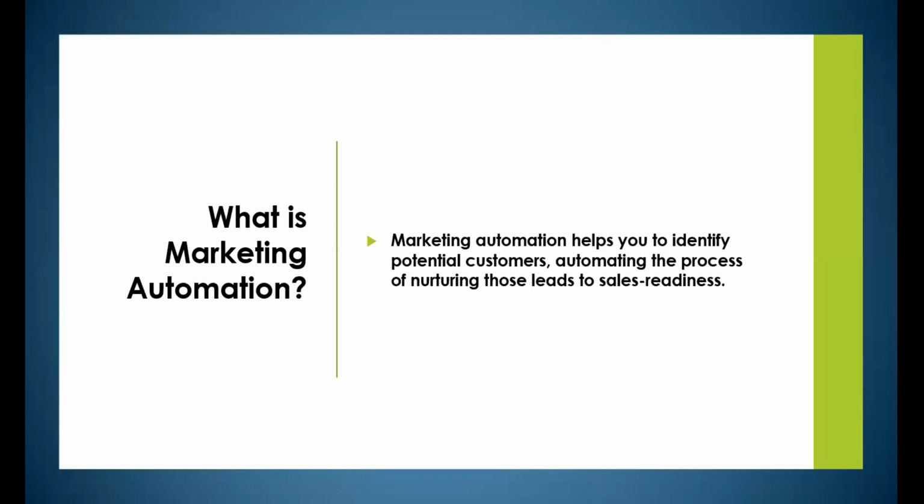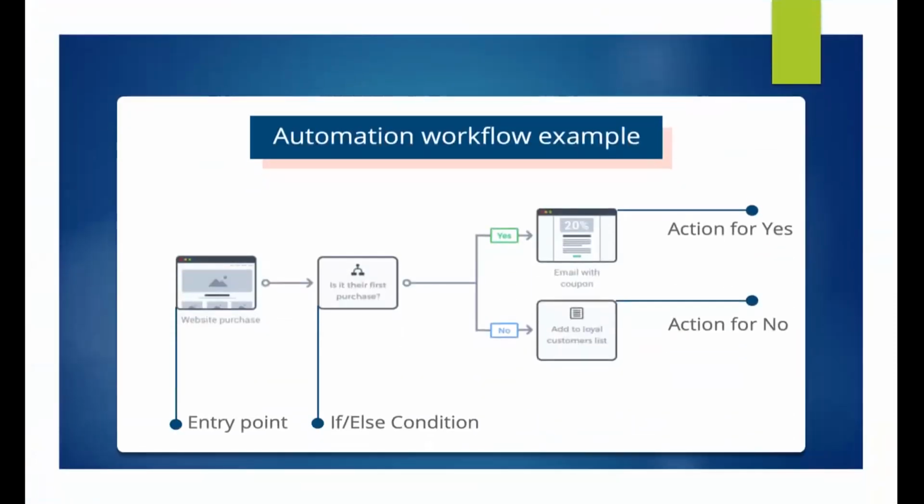Marketing automation is a combination of data driven marketing. With the help of data driven marketing, you will be able to achieve marketing automation. How will you achieve marketing automation? You have to define workflows, which we will see later in detail. But a simple marketing automation workflow looks like this, which is shown on your screen. It has an entry point from where the data will come. It has if else conditions, which help you define logic, what to do with the data which has entered, and you have to take the next best action.